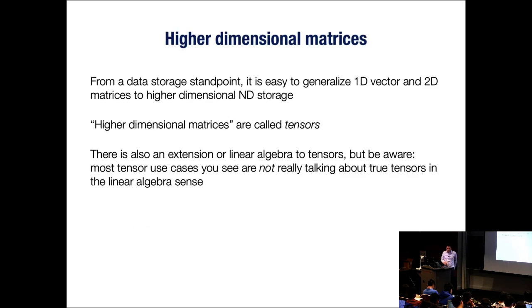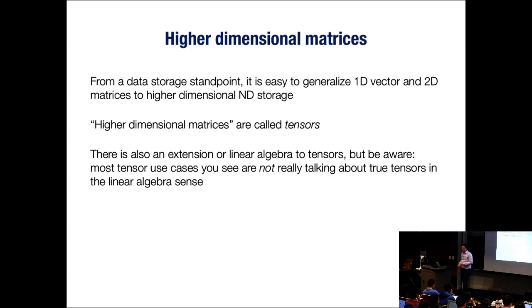All right, the last thing I'll say is about higher dimensional matrices. I shouldn't call them matrices, actually, because there's another word for these. These are called tensors. That term has gotten a lot of traction recently, mainly because TensorFlow and these libraries ostensibly operate on tensors. But really, just as with matrices, there are two